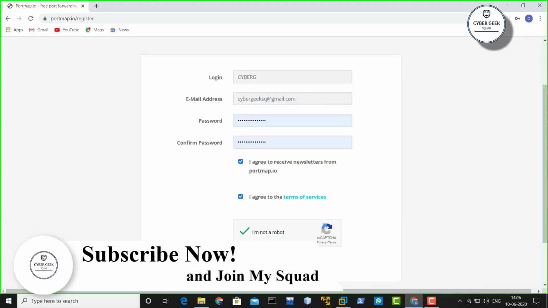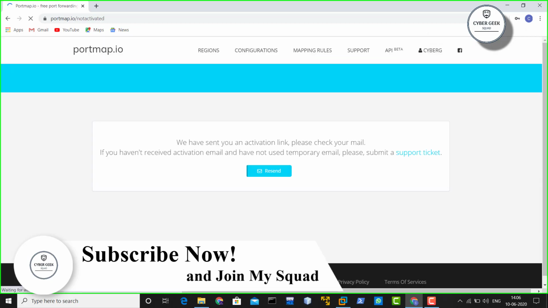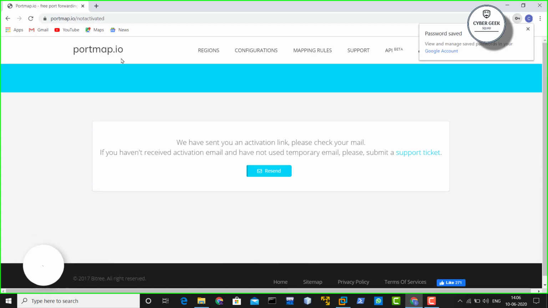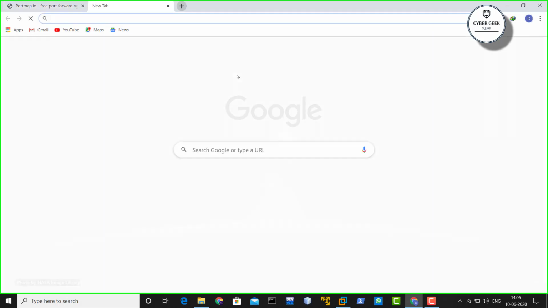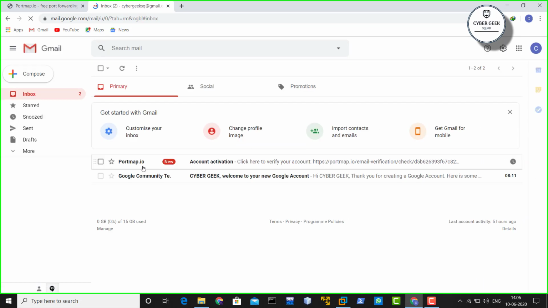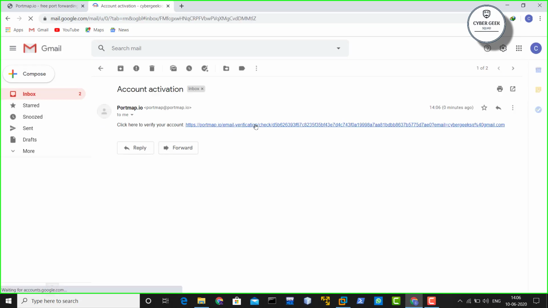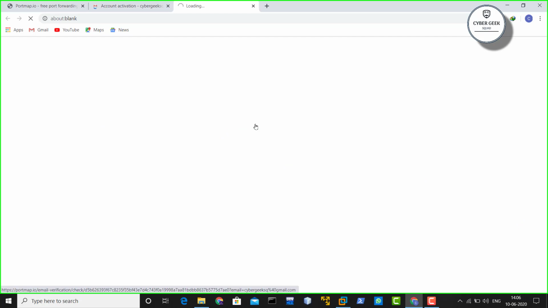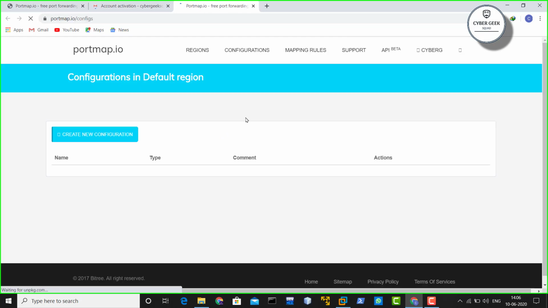Now everything is done, just hit register, and it will take you to the next page where you have to prove it. I mean, you have to activate it. So I'm just going to open my Gmail right now. Once I open my Gmail, I'll get a mail over there. As you can see, this is the new mail, so I don't have much to do. Just click on the link and wait for it. So once you click on the link, your account will get activated, as it has been done.